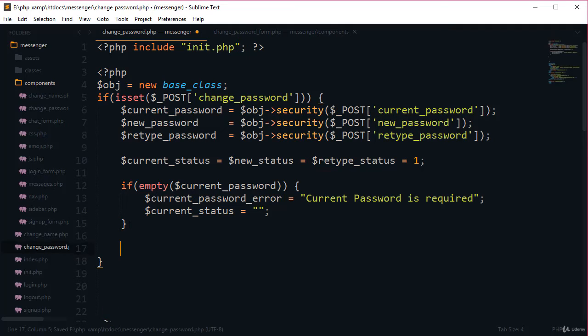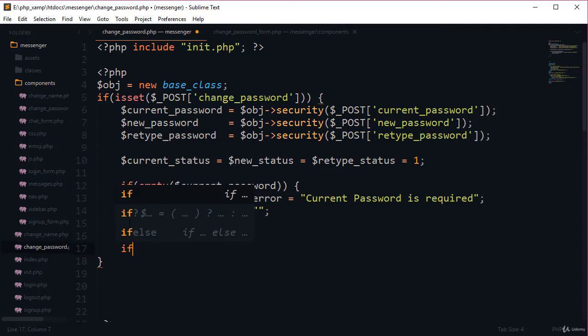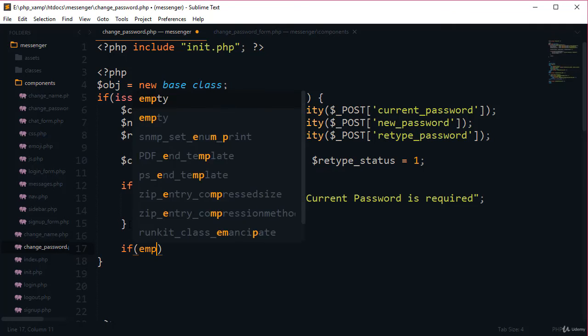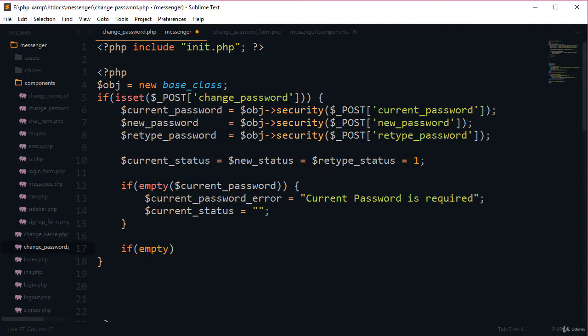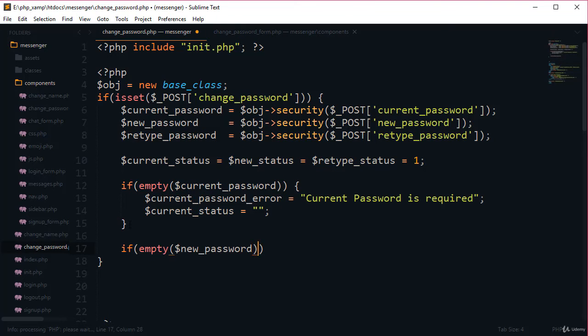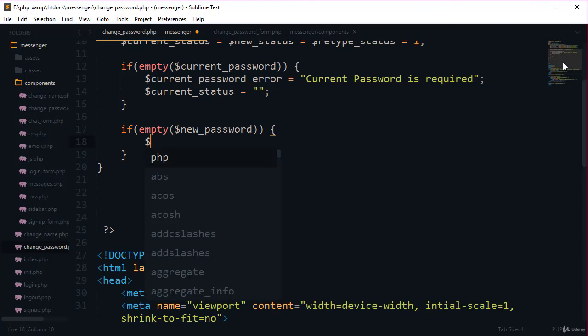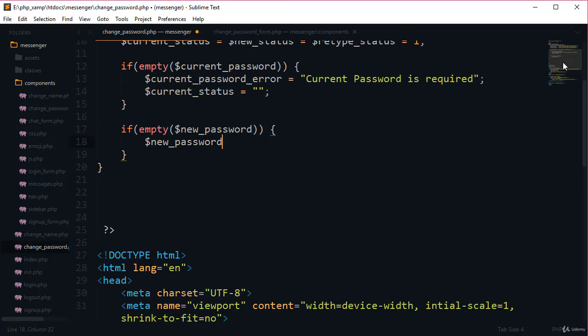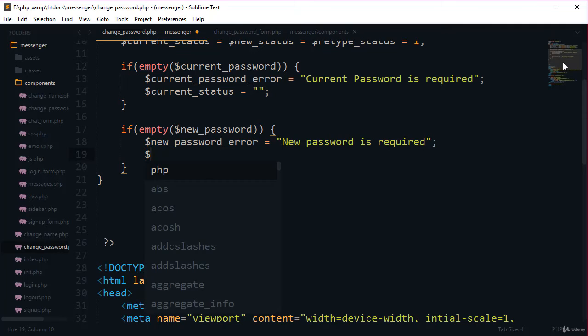Now another if condition, if empty new password, so here new password error equal to new password is required. And here new status will be empty.